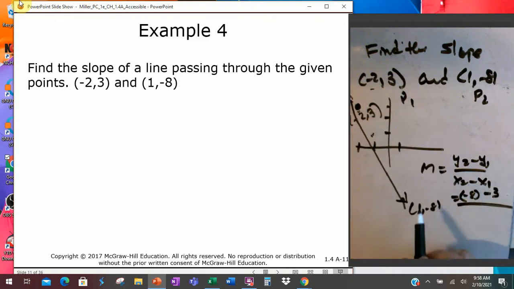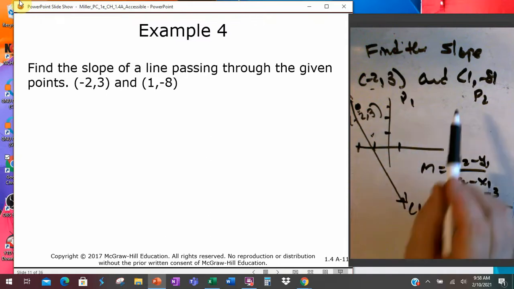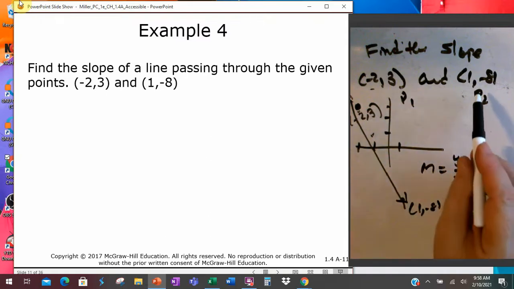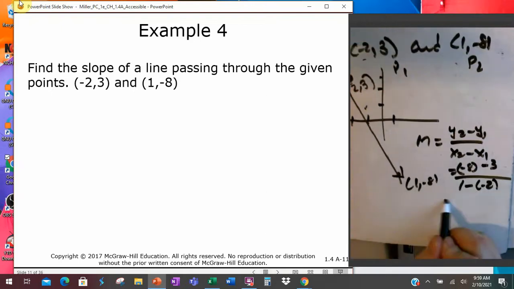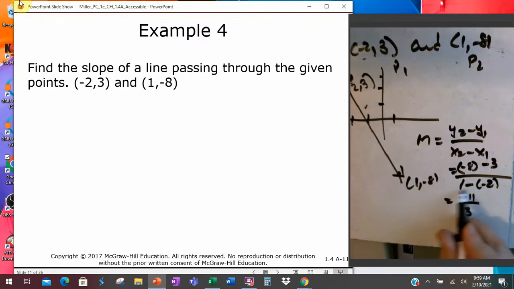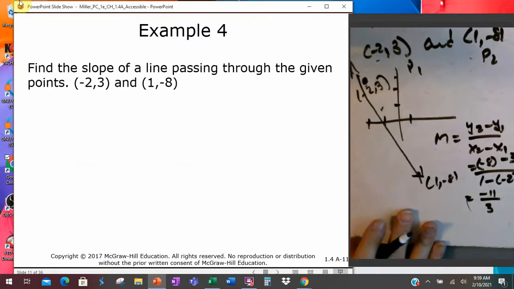Divided by my x2, right? This is my p2. It would be my 1 minus my negative 2. So I want to make sure I've got those signs, so if I've got a negative, this becomes there. So negative 8 minus 3 is negative 11 over 1 minus a negative, and a minus and a minus is a positive, so that's negative 11 over 3. And that's the slope. The negative slope,